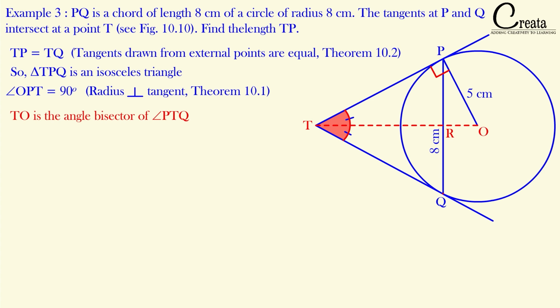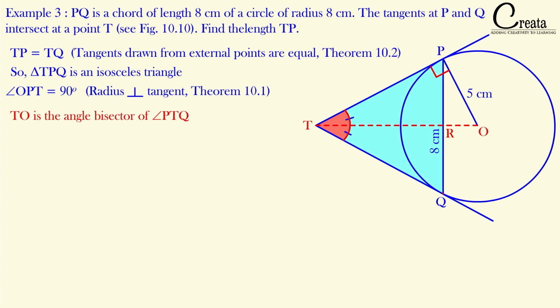This is additional information not required for this question, but these are the basic fundamentals that you should know. The question framer may try to trick you in the exam. If your basic fundamentals are strong, you can easily solve the question. So let's move further. Here TR or TO is the angle bisector of angle T and this is an isosceles